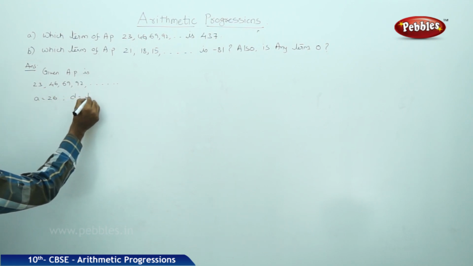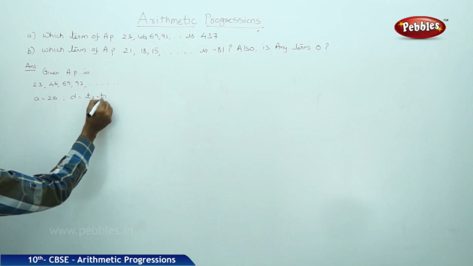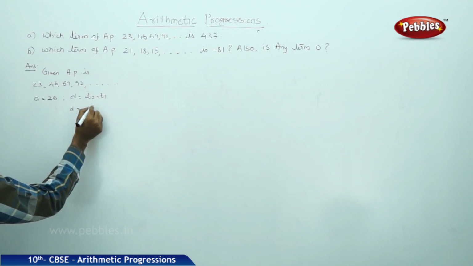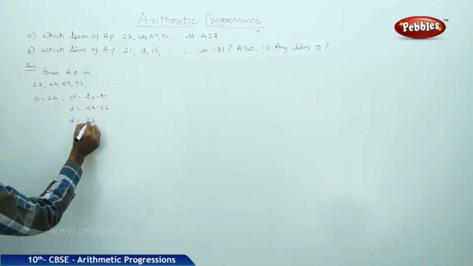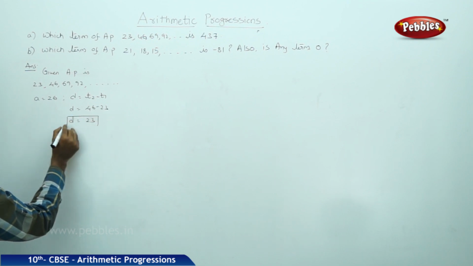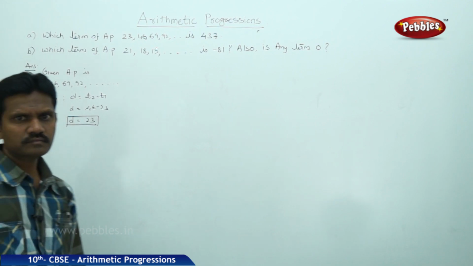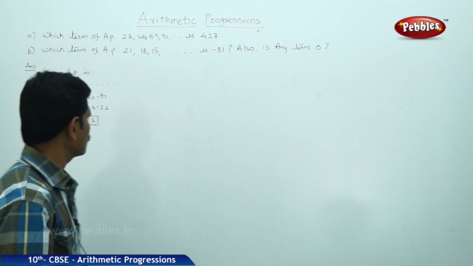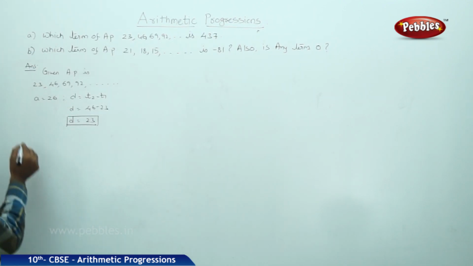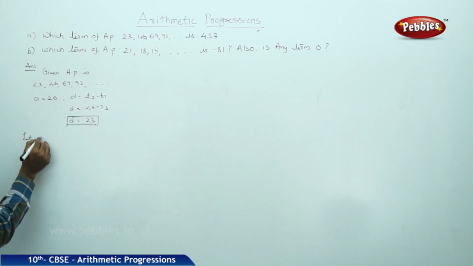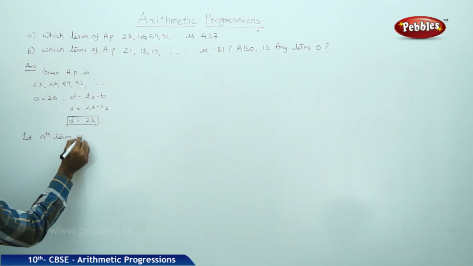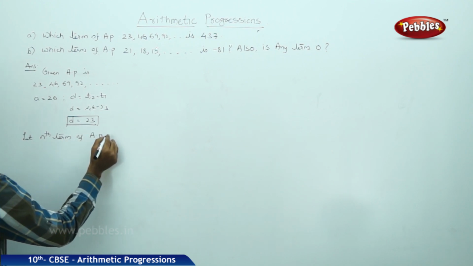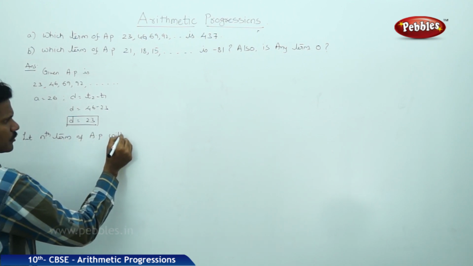Common difference D is equal to T2 minus T1, that is 46 minus 23, that is D is equal to 23. Common difference is 23. Now let the nth term of the AP will be